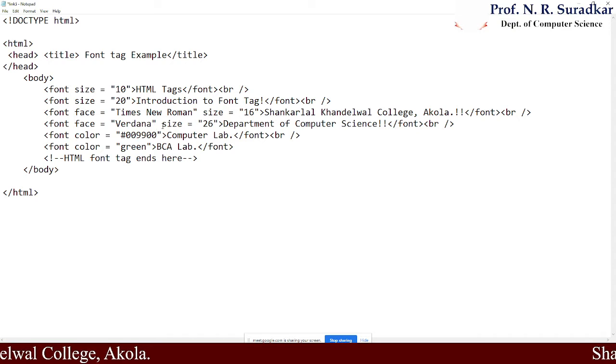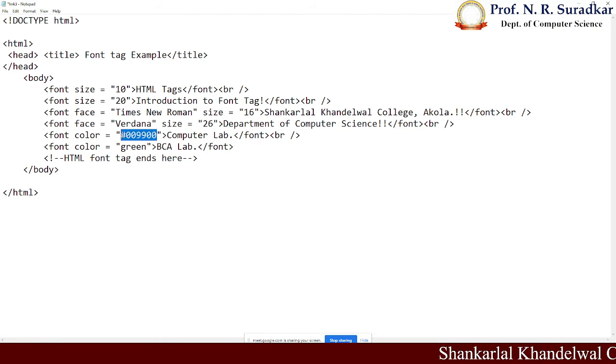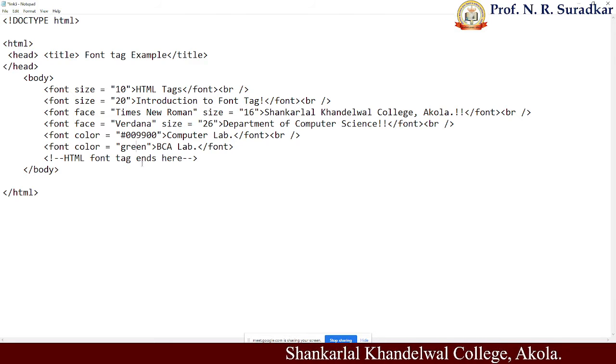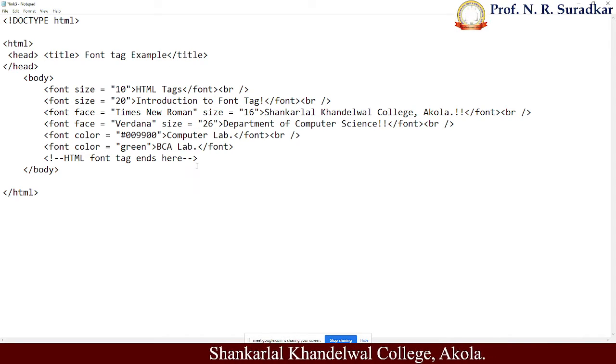This will make an effect on the computer lab. It will change to green color because this is the number of that particular green color. Next, again font, color, green, and the effect will be applied to this.